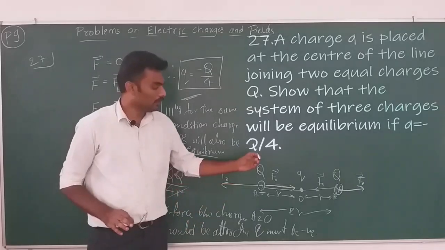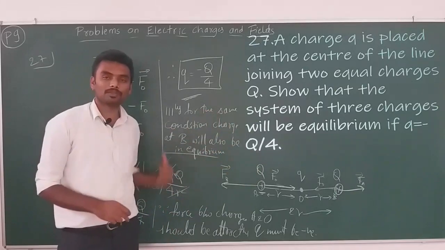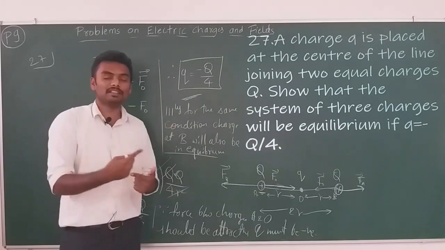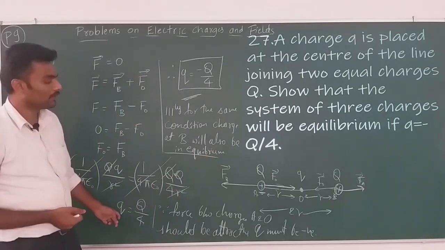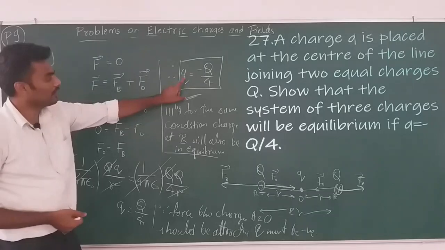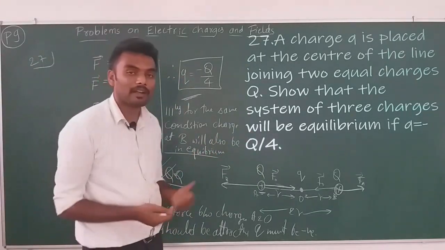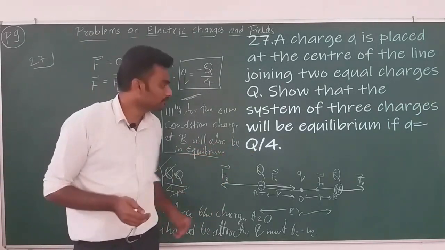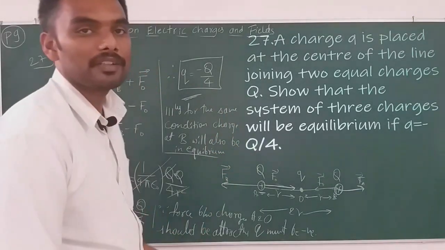So now O was already in equilibrium. For A, we have derived the condition. For B, a similar condition to that of A. So all the charges are in equilibrium. For what condition are all three charges of the system in equilibrium? For the condition q is equal to minus Q by 4. Clear on this? For this charge, all three charges are in equilibrium, and hence we say the system is in equilibrium. So we have shown this is the charge necessary for the equilibrium condition.